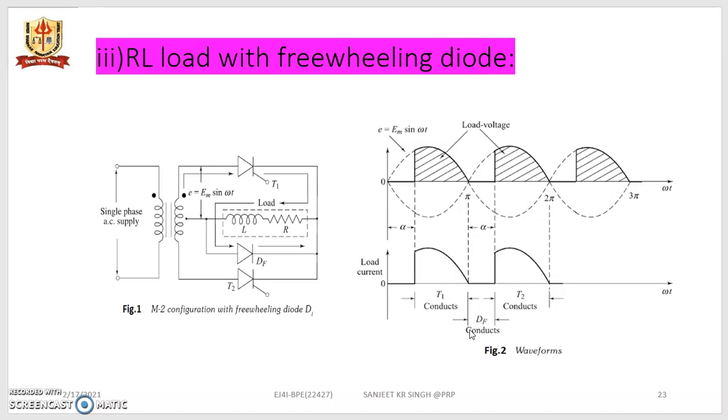So in this way the freewheeling action reduces the negative voltage, and therefore we have more average DC voltage obtained in case of freewheeling diode. The freewheeling diode has the advantage of converting the two modes of operation, that is rectification and inversion mode, to rectification alone. Unidirectional current flow is ensured here.